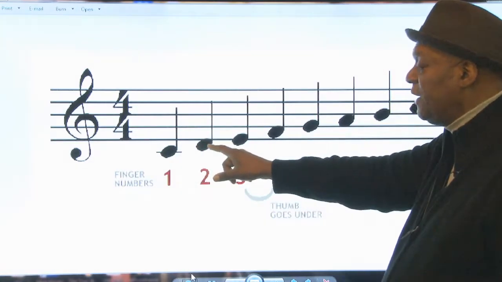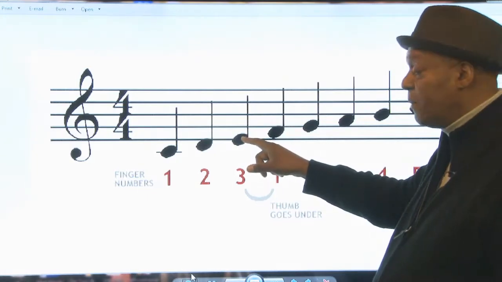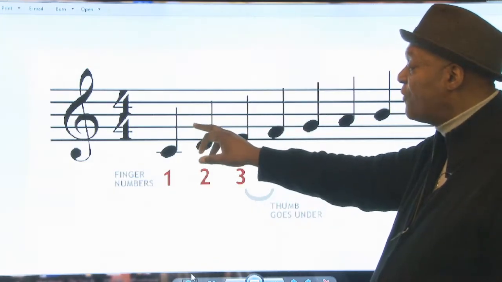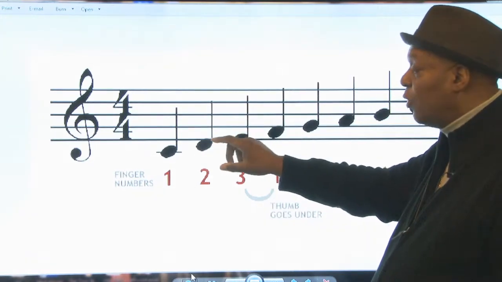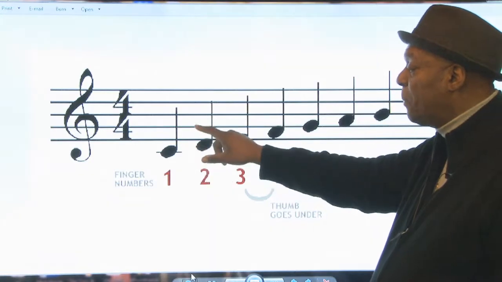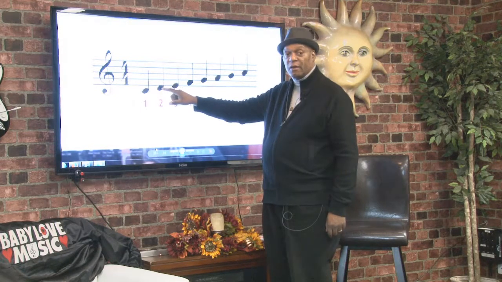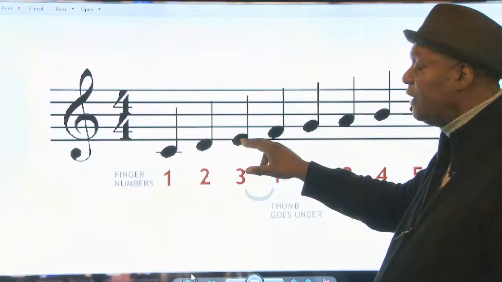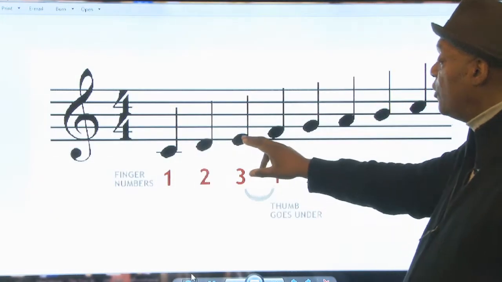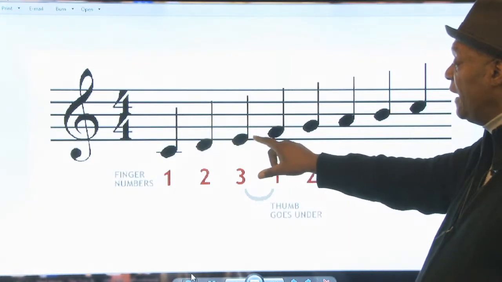C to D is a step. D to E is a step because there's a black key in between these. All right? So the half step would have been the black key. Right? So you go from C, C sharp to D. From D, D sharp to E. Then you have a natural half step between E and F,